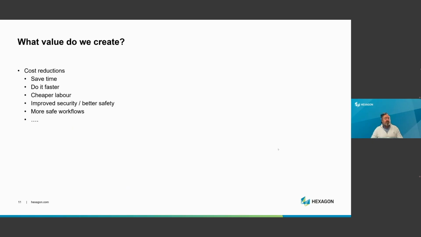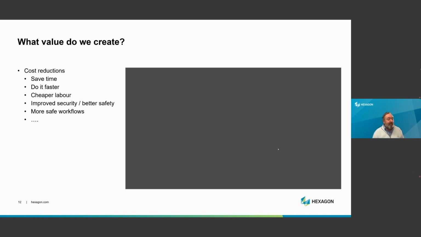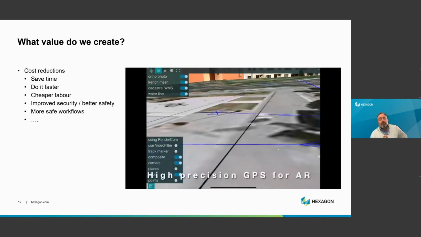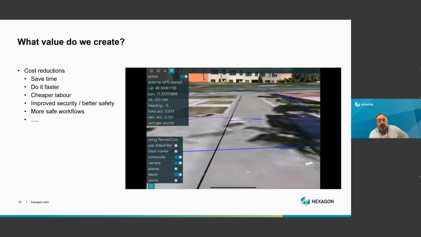So to give you some ideas on some of the values that we do create, we see a lot on top management is driven by cost reduction. And what does that actually mean? So to give a little interesting idea what that can be, some people have probably seen